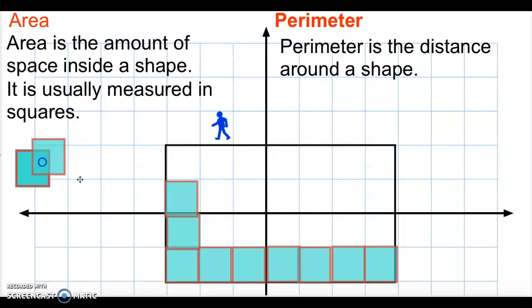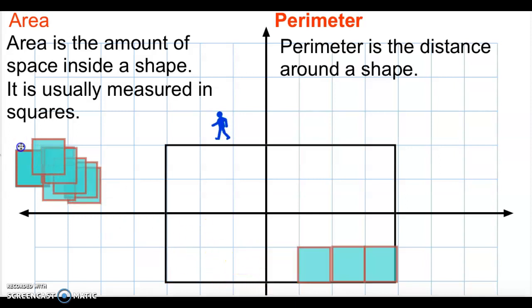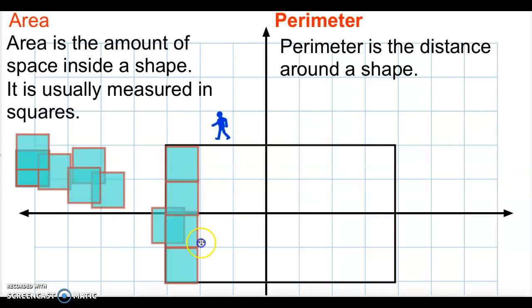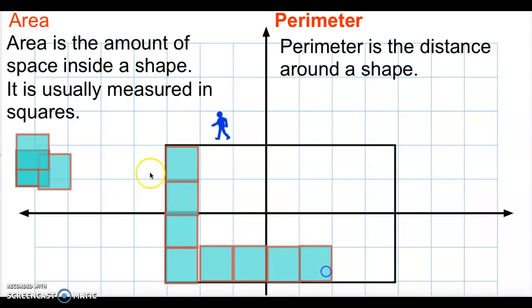and perimeter. So area, I'm going to remove these for a minute so you can see what I mean. Area is the amount of space inside of a shape, and it's usually measured in squares. So it's how many square units does it take to fill up this rectangle. So I can fit 4 squares going down, and then I can fit 7 squares going across. So that means the area would be 4 times 7, which would be 28. Because if I continue to fill up this rectangle with all these squares, it would take me 28 squares to